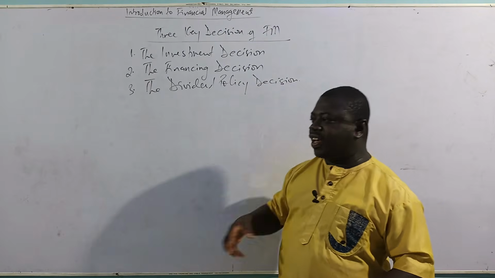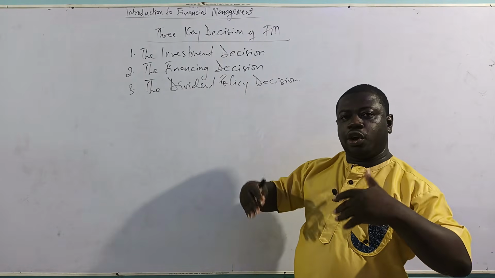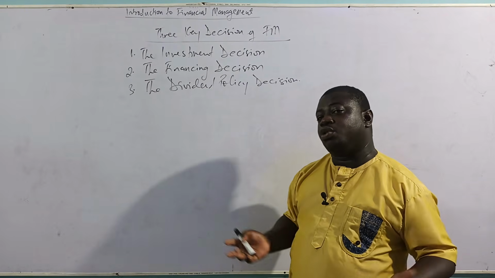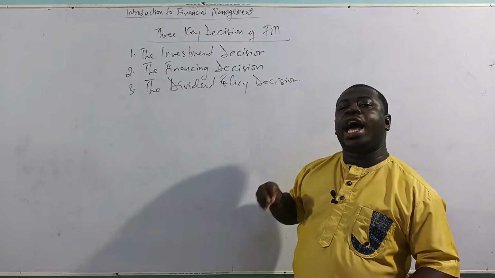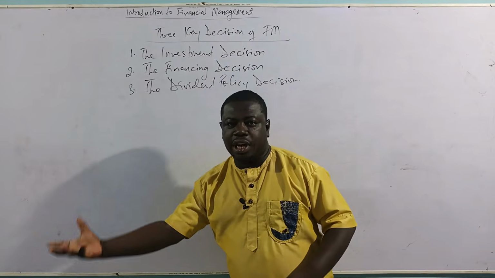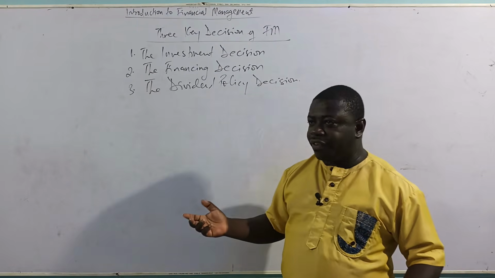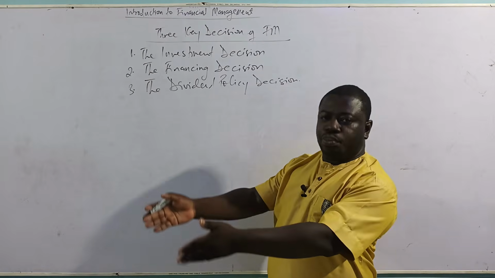So are you going to invest in asset A or asset B? You are faced with a lot of alternatives, and each of them comes with its own return and risk. Now, the decision as to where I should put the money in order to give me a return, whether it is in a capital asset or a financial asset or whatever, is called an investment decision. In other words, where am I going to put the money?